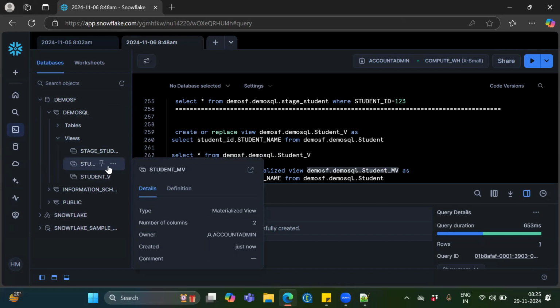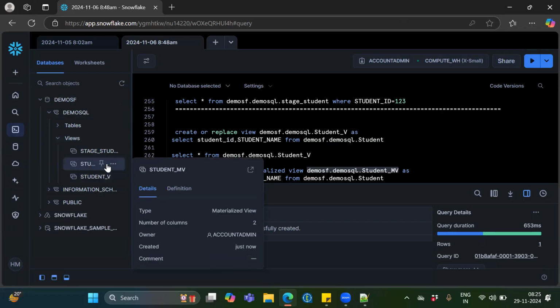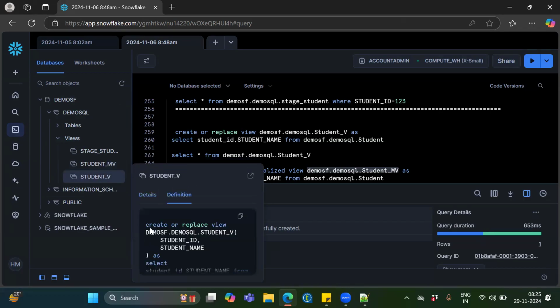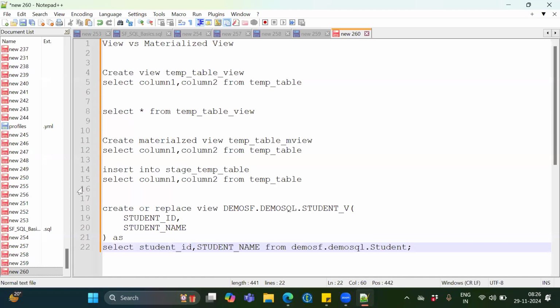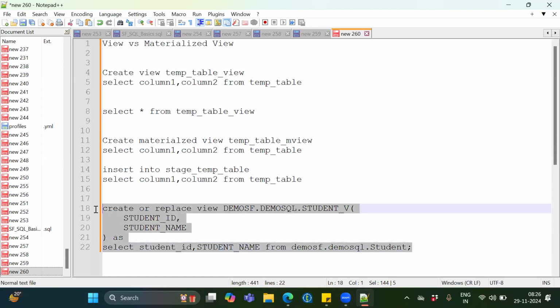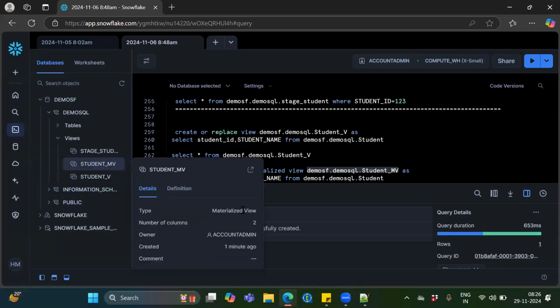And the type you see here, right? Materialized view. Number of columns too. This information you can find. If you see here, this is a normal view. If you go to definition, yes, you can find the definition as well. Copy the definition whenever you want. I'm just copy pasting this here to see the difference. Create or replace view name, student view, and the column select student ID. This is the view. And similarly, if I go to materialized view,